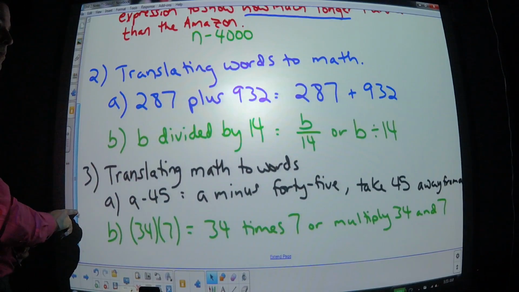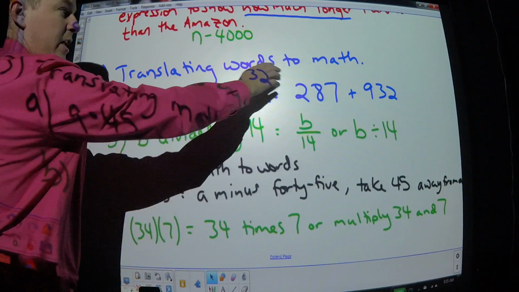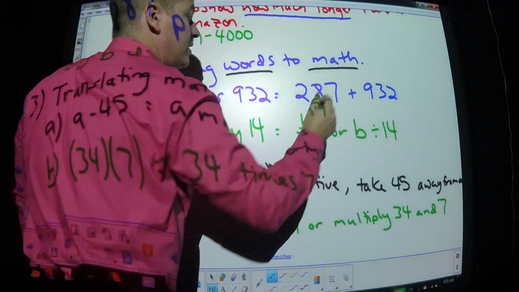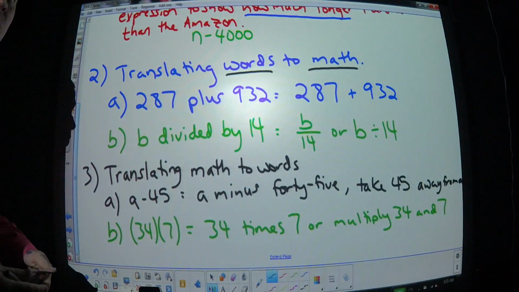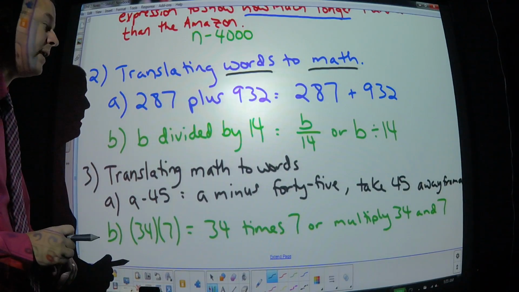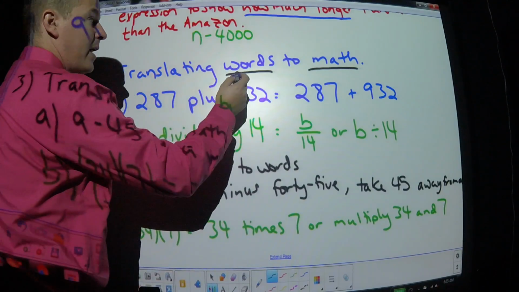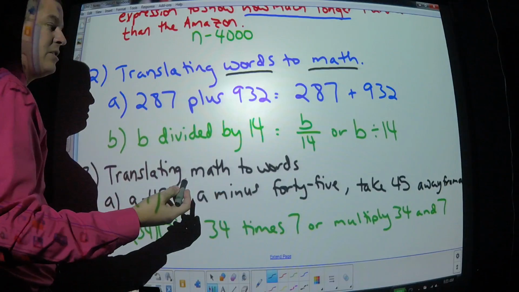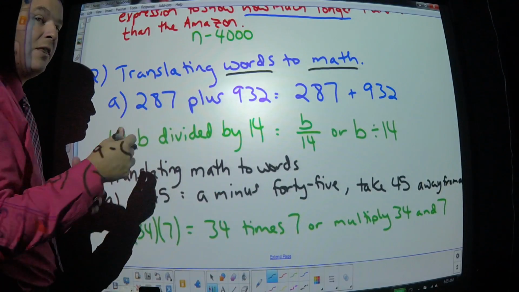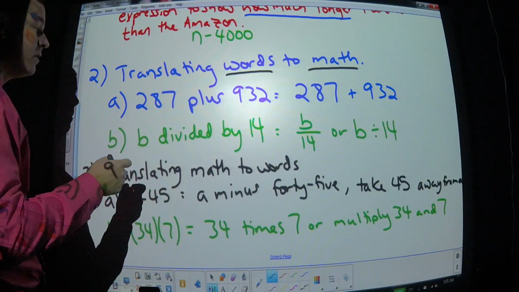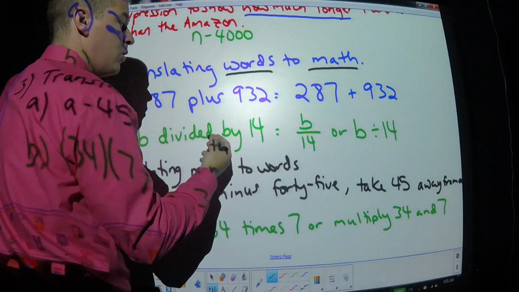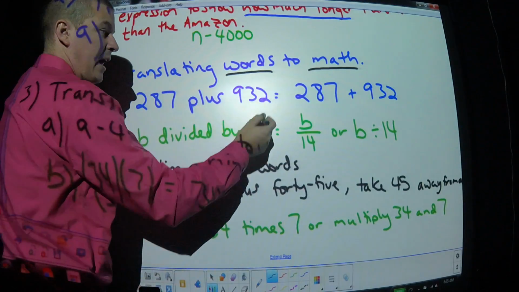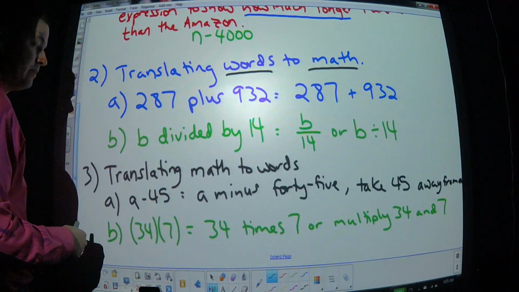Looking at number 2, we're translating words to math. So notice what we're having to do. Look at the problem when it's asking you the question on how it wants you to write it. So it wants us to write it from words to math. So 287 plus 932. So you do it in the order that they tell you. All right? 287. What does plus mean? It means addition, so I'm going to put an add sign, and then 932, and that's it. B